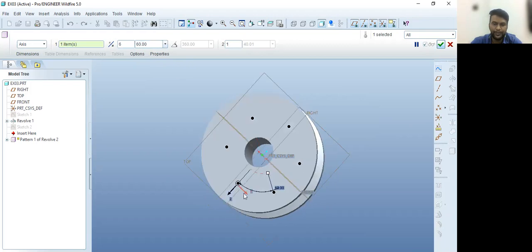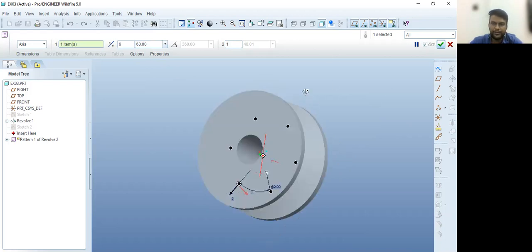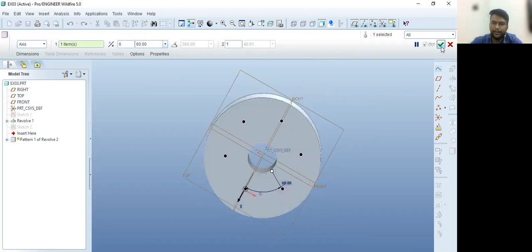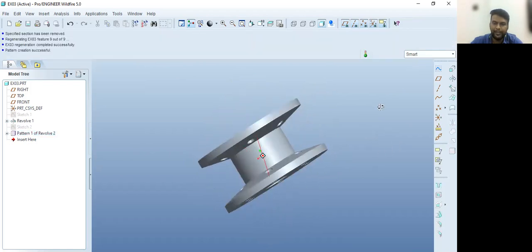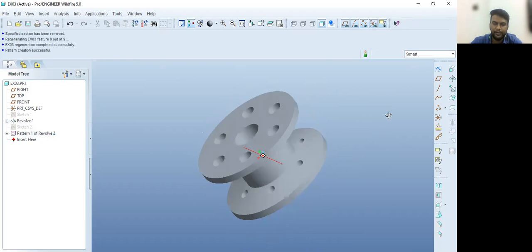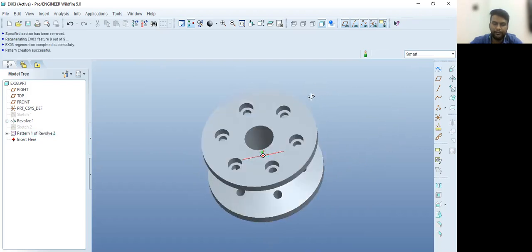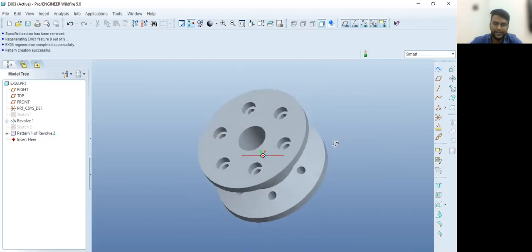These dots are showing this feature. So now once you are done with the pattern command, just click here on the right option, and all the features will appear, will be copied in the given quantity and with the given angles or dimensions, right?